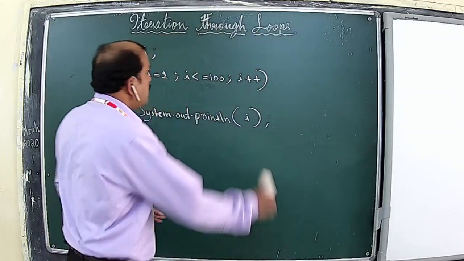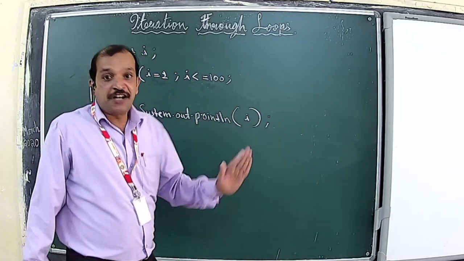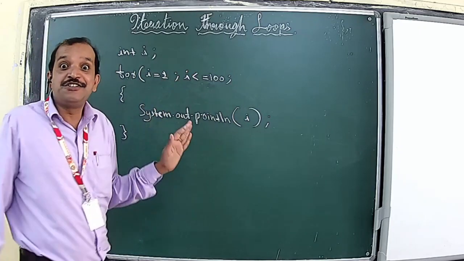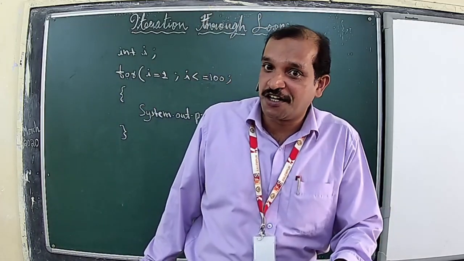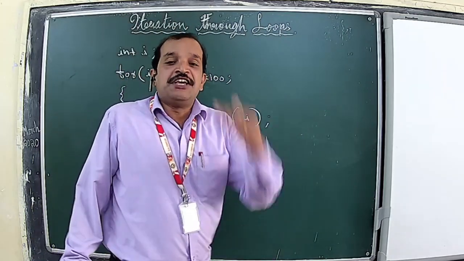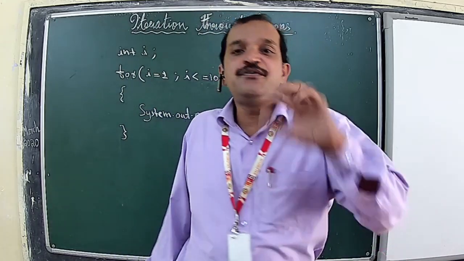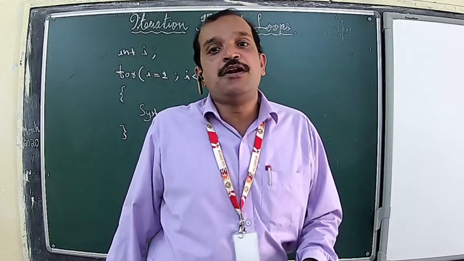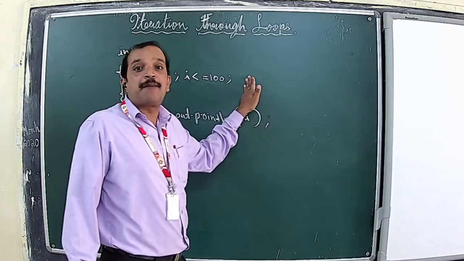And what kind of changes can be made in the update expression? After printing 1, as you know, the next number is not going to be 2, but it is going to be 3, since we are going to print the odd numbers between 1 and 100. If you just use an increment operator, which is mainly used for increasing the value of a variable by 1, it will not print the odd numbers. It will print only the numbers in a sequence. So therefore, we have to change this update expression.